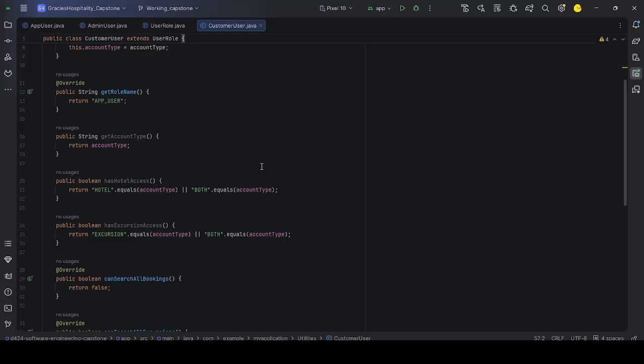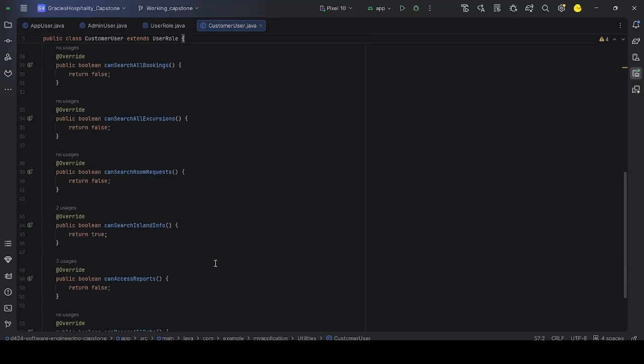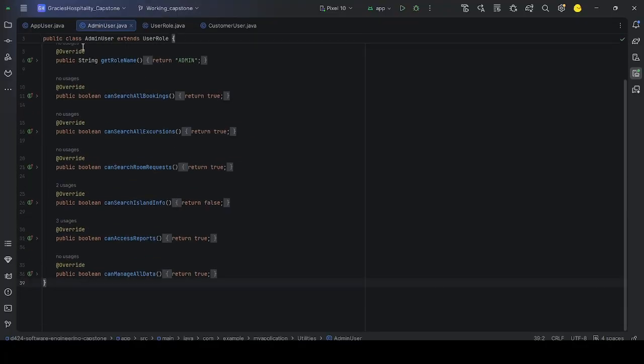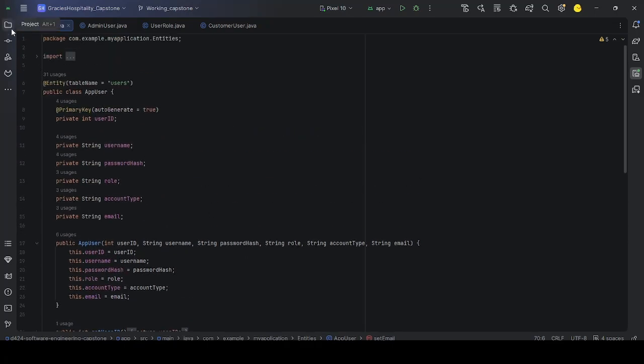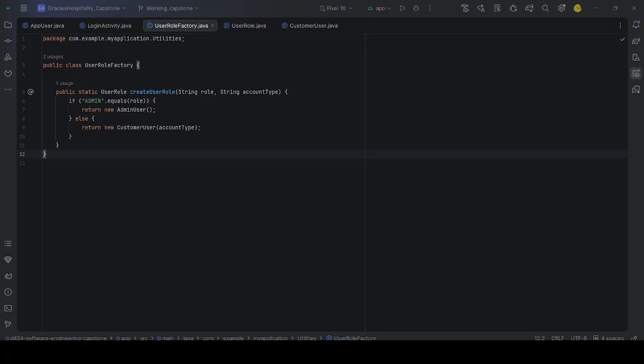Then I also have polymorphism in here. Let me find that real quick. Going down the list,